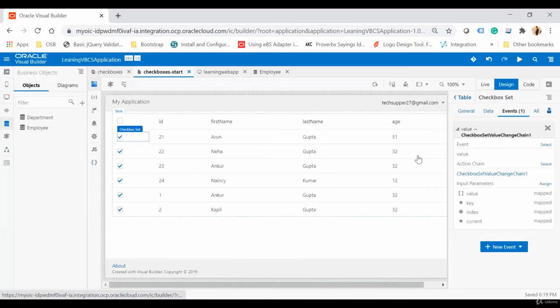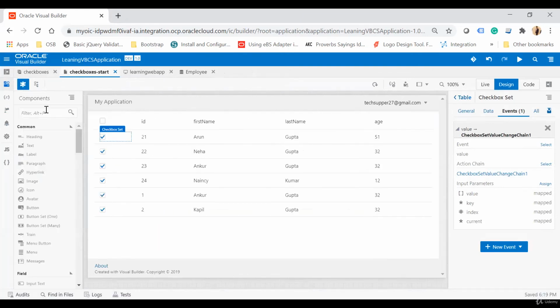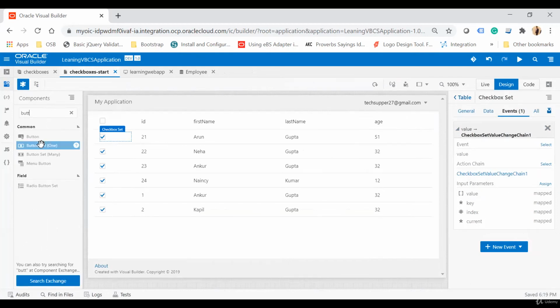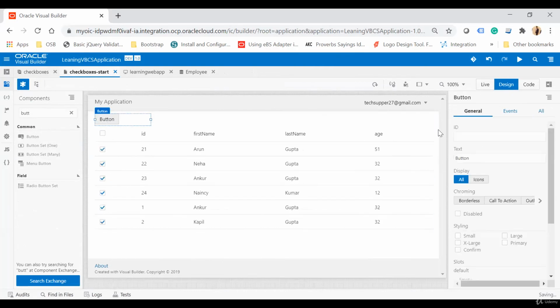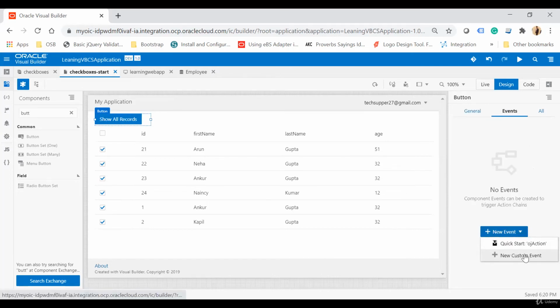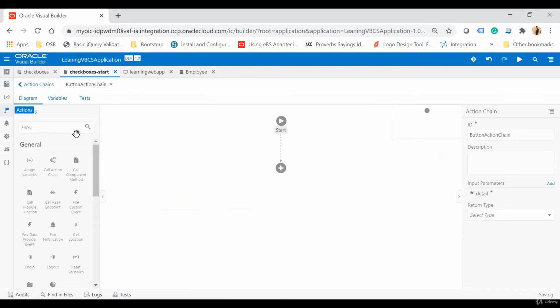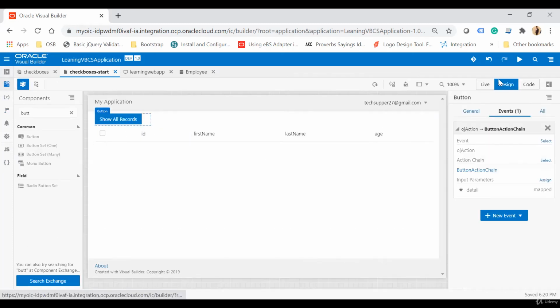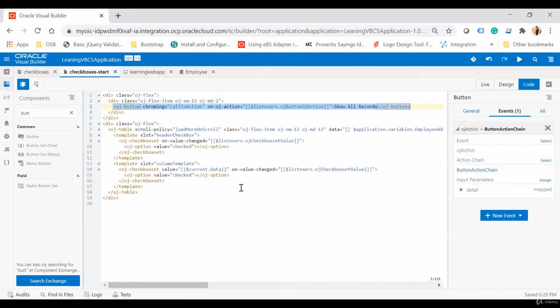Now go to the designer. Now what I will do, I will create a button here on the top of this page. I'll say here, show all records. Okay, click here. You can make call to action, event, new event, and then OJ action. So here, before I register an event, click on a code, and here what I'm going to do, I am going to put a dialog box here